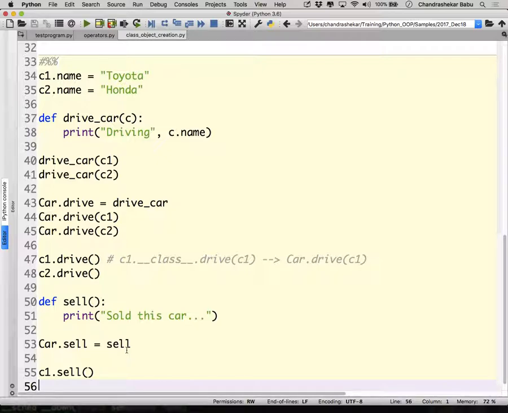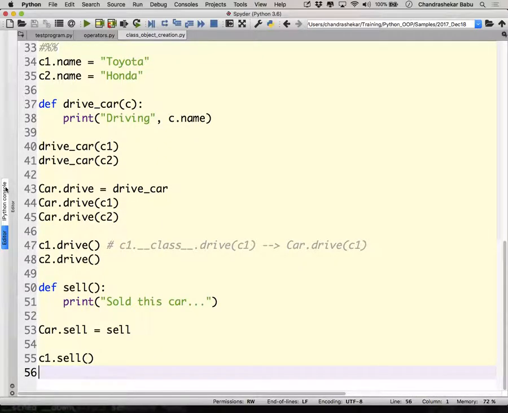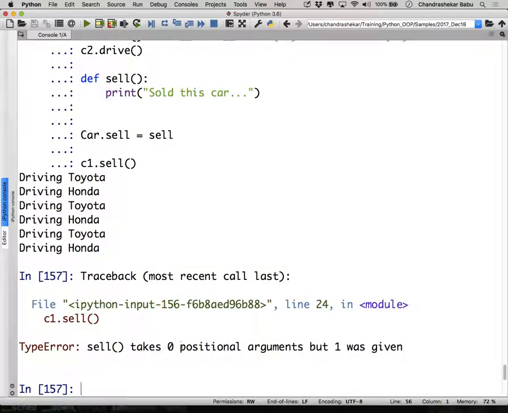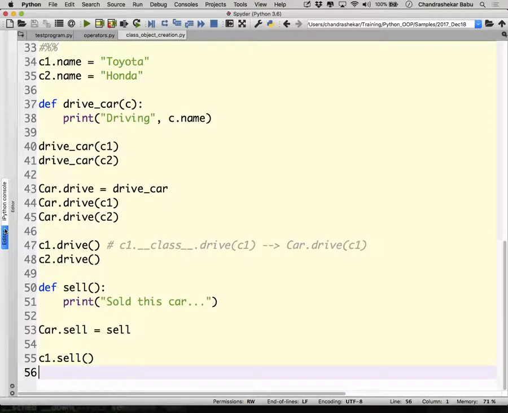I'll show you. Sell takes no positional arguments, but one was given. When you actually said c1.sell, Python translated it to car.sell of c1, but the sell function that I created doesn't take any arguments, so it's an error. So by rule, you should know that any function that should be mapped as an instance method should have at least one argument, the first argument, which is a reference to the instance.